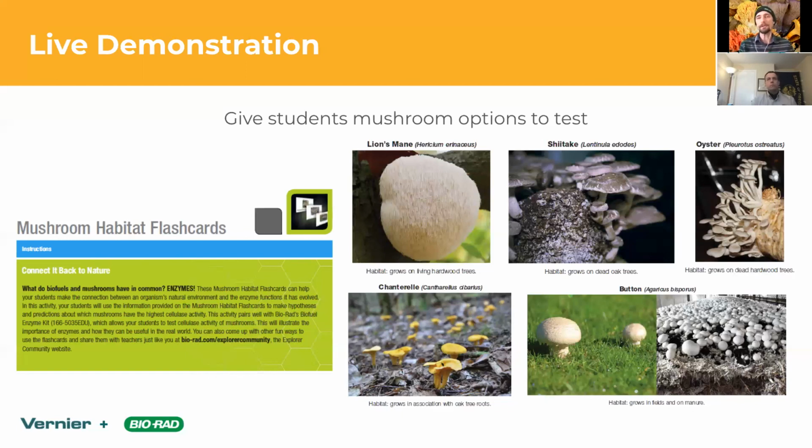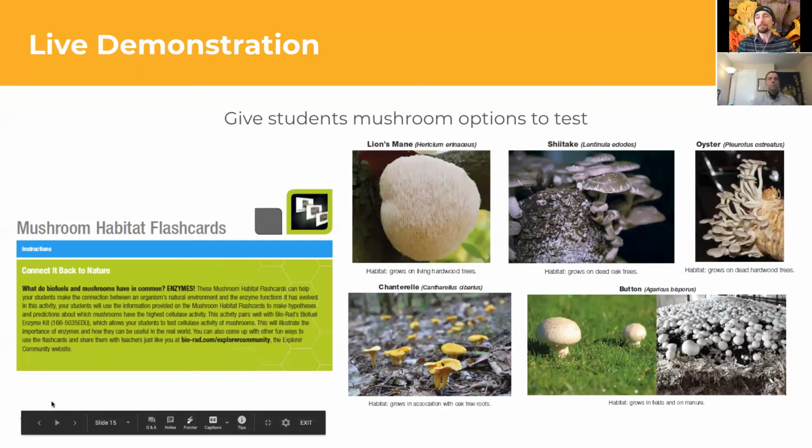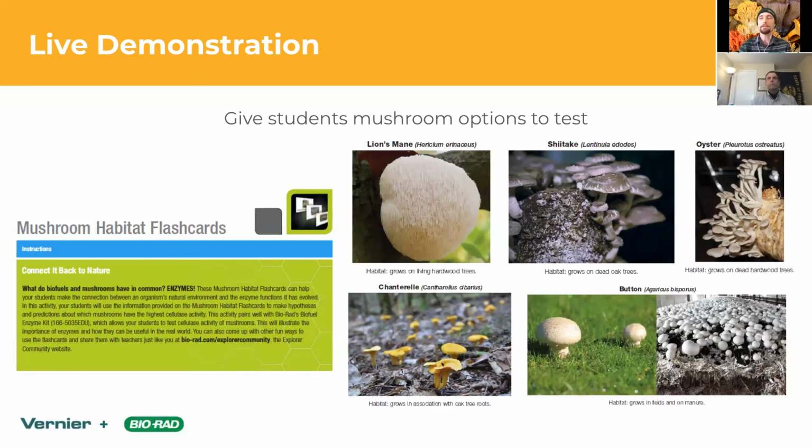So most grocery stores now, if you go into a typical Safeway, you can at least find the button mushroom. You can often now find chanterelles, surprisingly, and oyster mushrooms. And in about 50% of them, I can also find shiitake. If you live in some of these major cities and you go to a Whole Foods or more of a high-end retailer, you'll usually find a much bigger diversity. And so our slide deck basically has that full diversity in there, so you can just print those off and use those as your primer points for students to think about the ecology that the fungi they're going to test come out of. Let's go ahead and go to the next one.